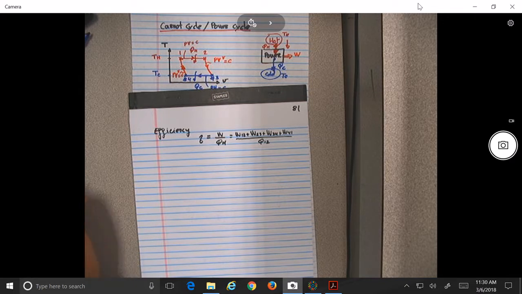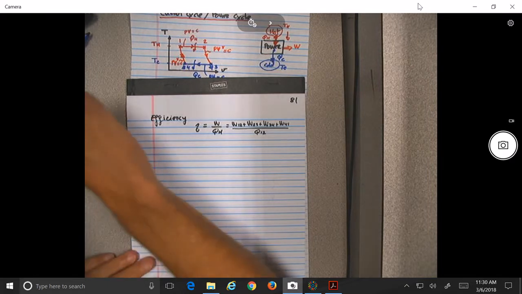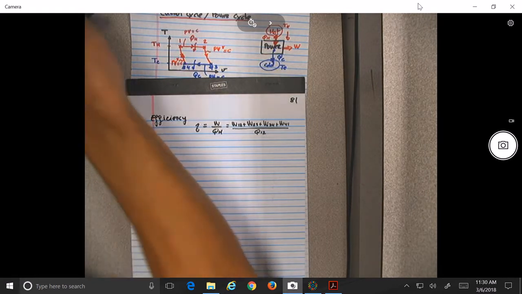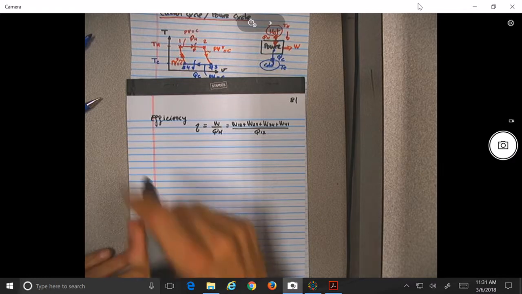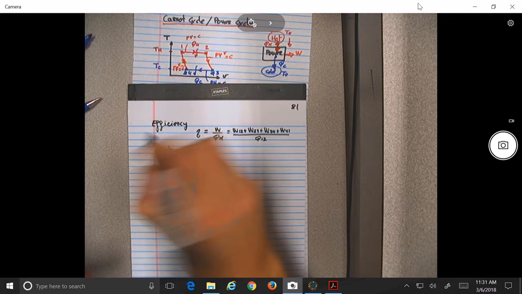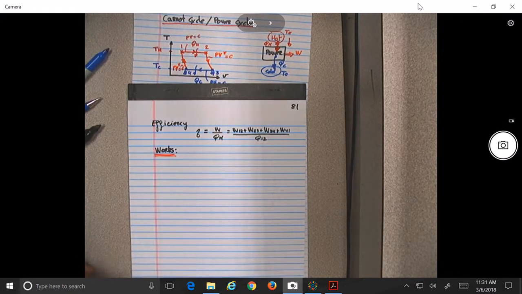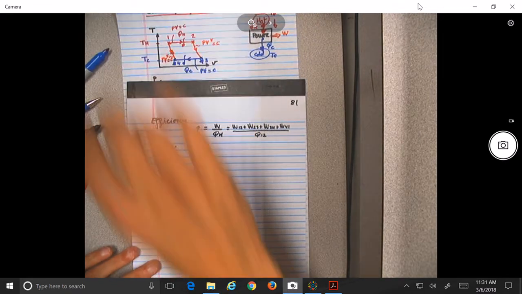So let's see how we can put this, okay? All right, so let's get started. All right, let's start with the works. Okay, every semester I think I prove this one differently, so hold on with me because there are multiple ways to prove this. Okay, so what would be work